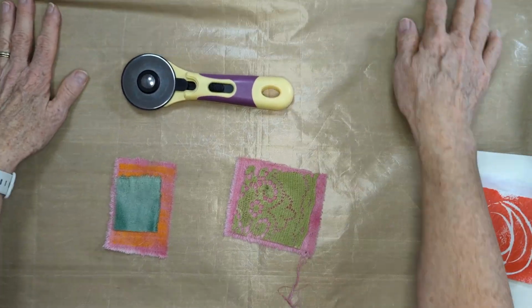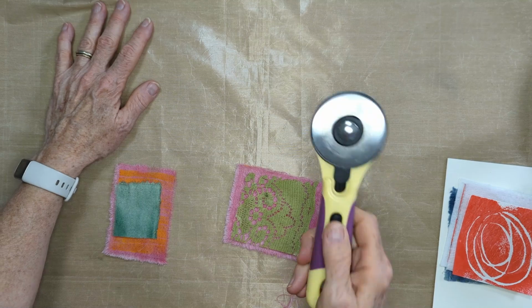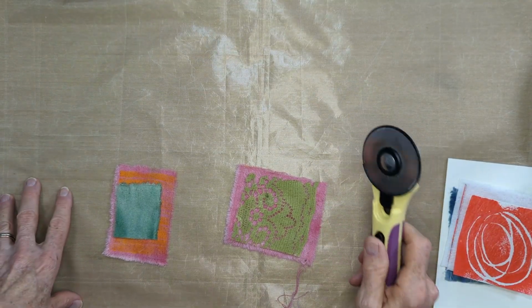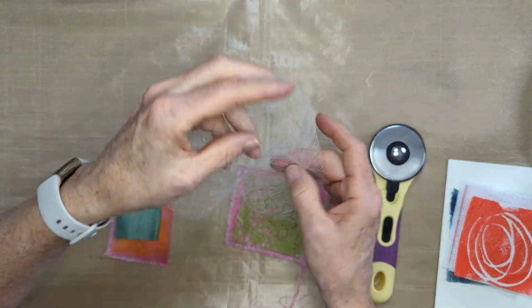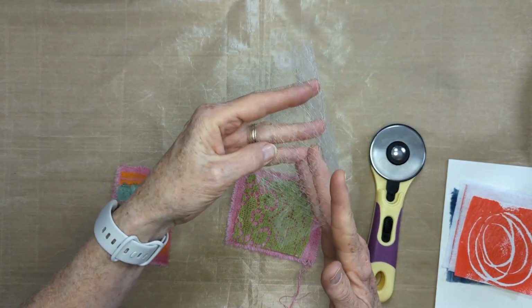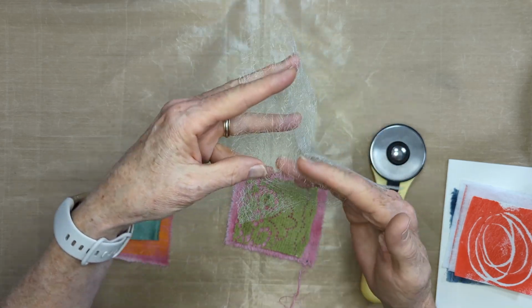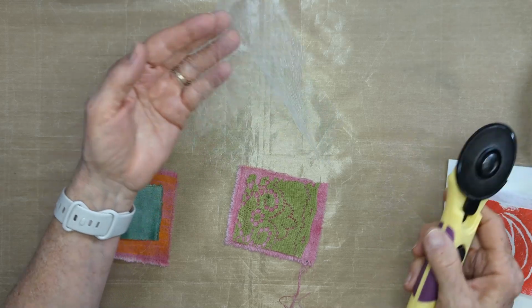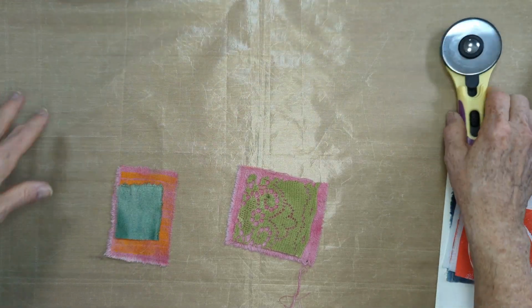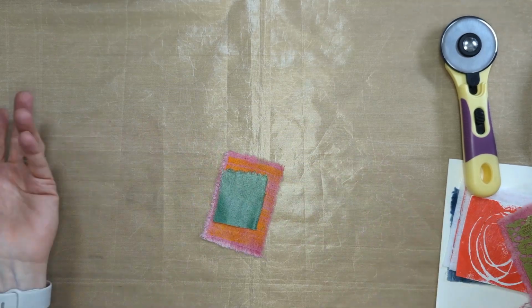So I'm at my ironing table, and I also use a rotary cutter and a cutting mat to cut it. It's because it's so lightweight and flimsy, it's a little bit hard to cut straight lines with scissors. So you can easily cut shapes with scissors, but I usually use a rotary cutter to get the basic shape down. Now I'm going to show you the 2 basic methods, and the first is a sandwich method,